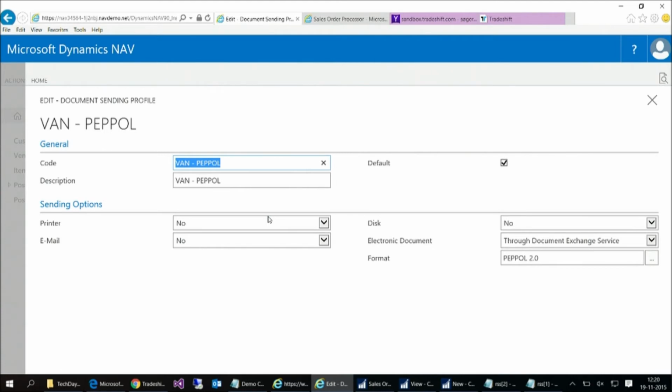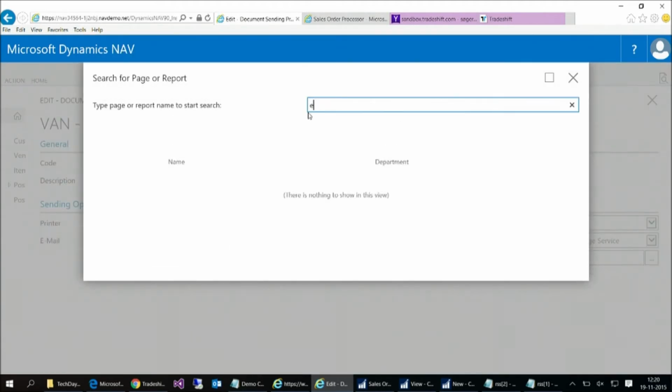For my scenario, I just choose that I want to send it through the document exchange service, and I want to use the PEPPOL 2.0 format, because for now, Tradeshift does not support PEPPOL 2.1. And then the formats are something that are defined in the electronic